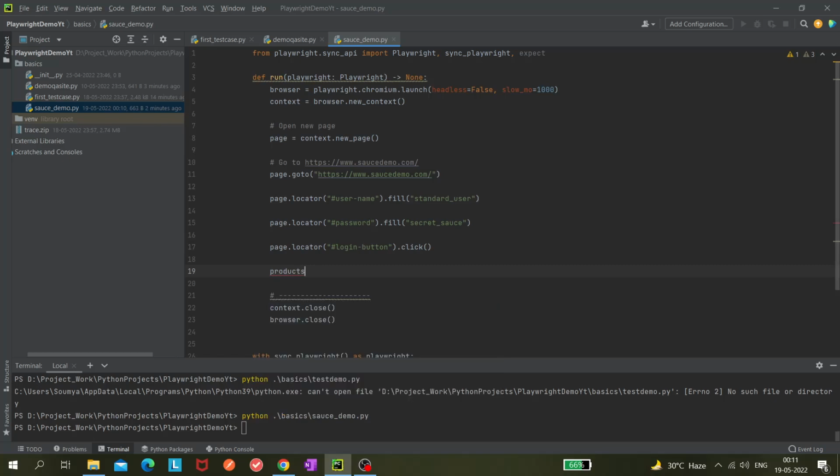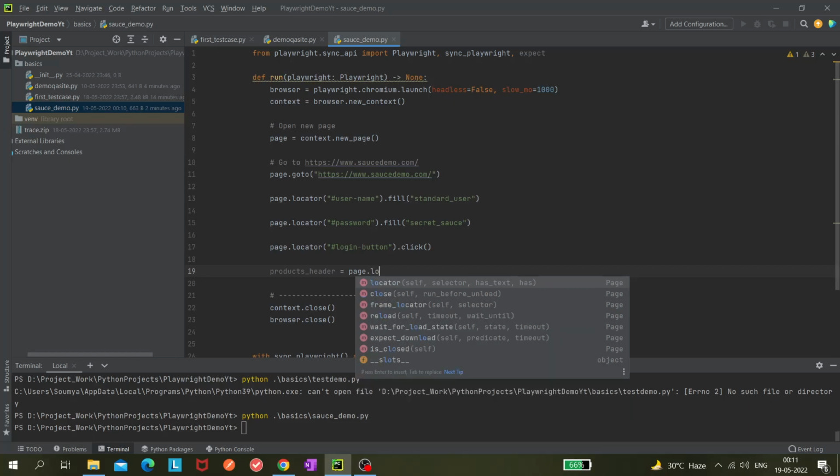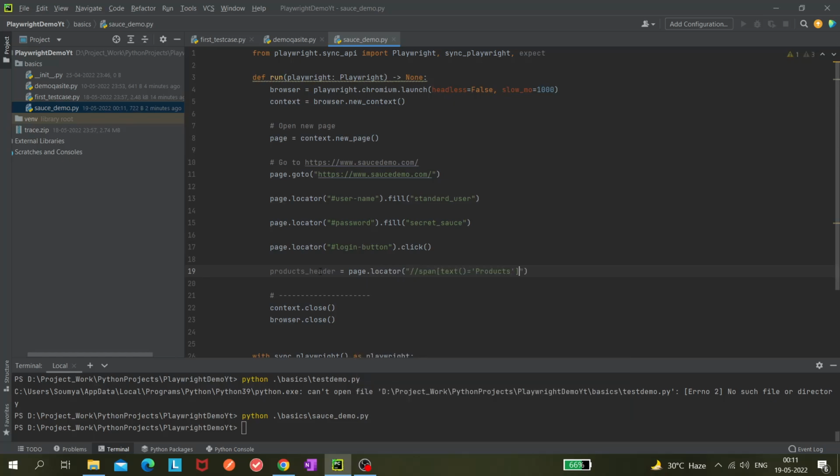products_header. This is a variable I'm creating, and this is the locator, page.locator, like that. So we just created a variable and assigned it the value page.locator and this one.